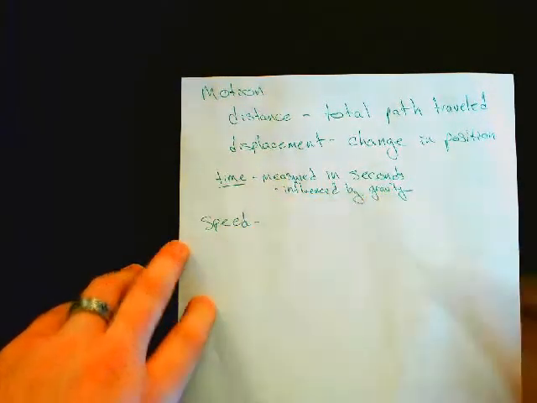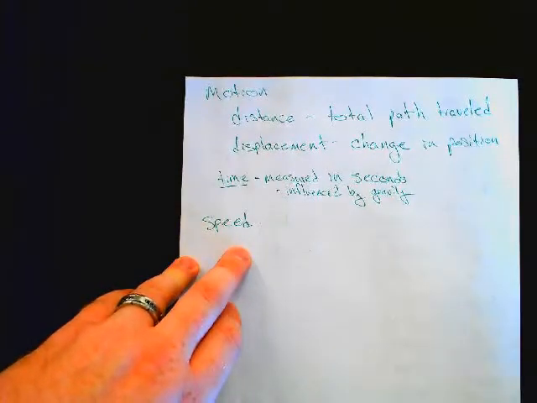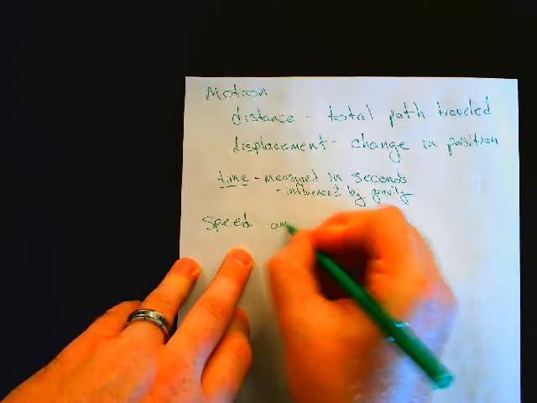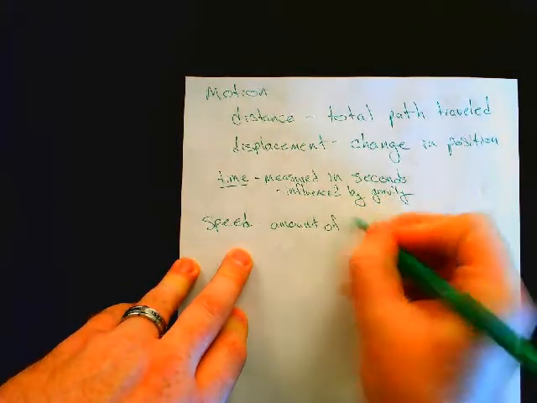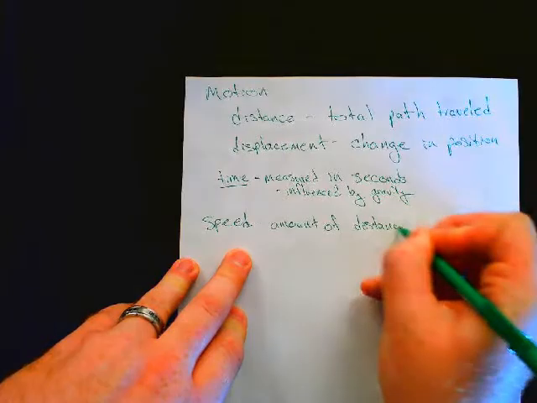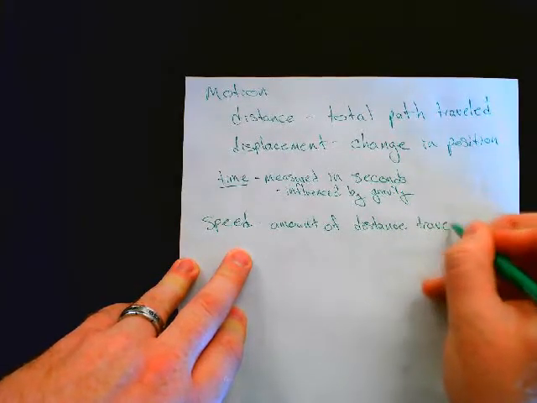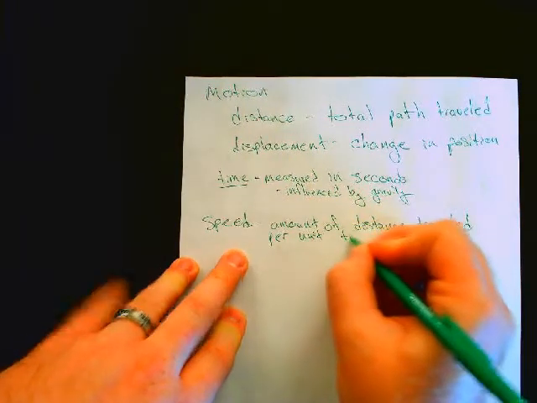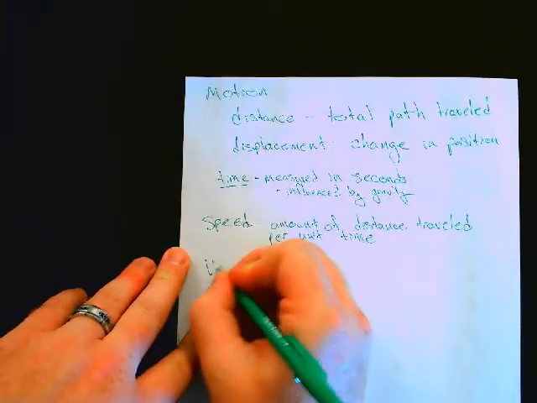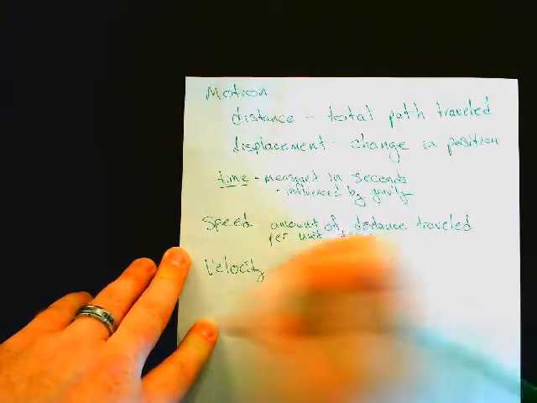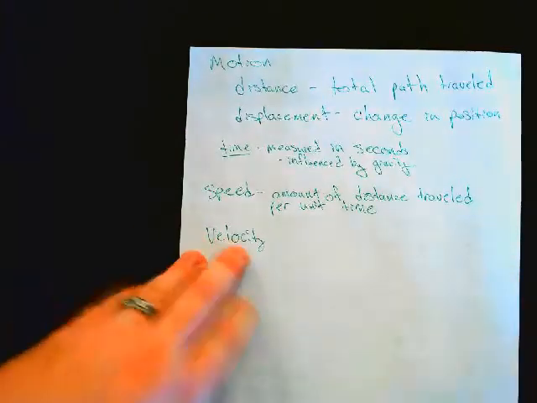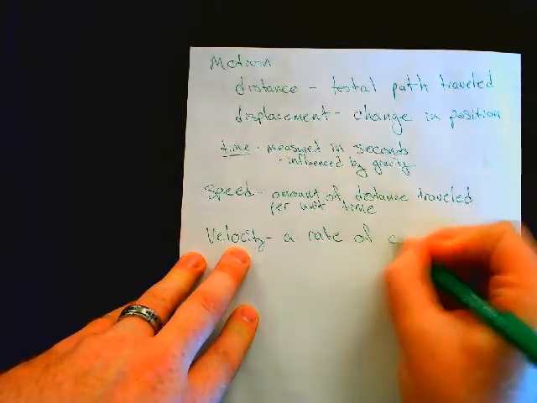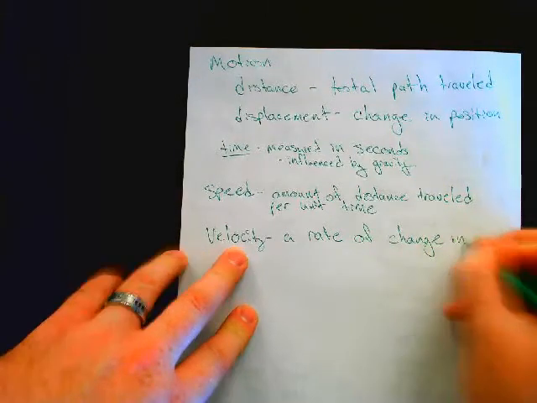Speed is simply a rate of change, or the amount of distance traveled in a set amount of time. Amount of distance traveled per unit time. Whereas velocity is a rate of change in position over time. Rate of change in position